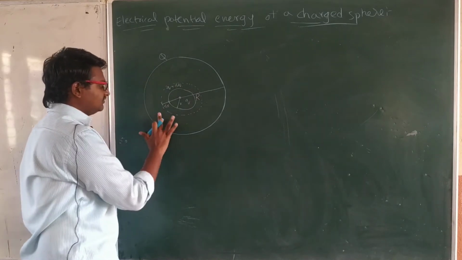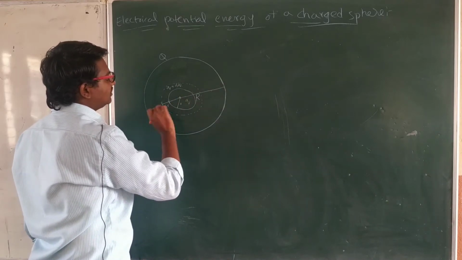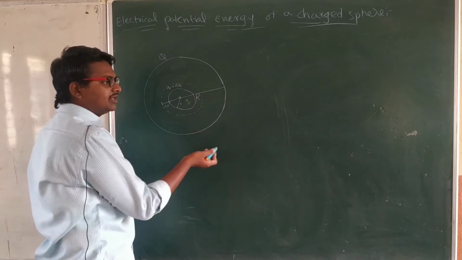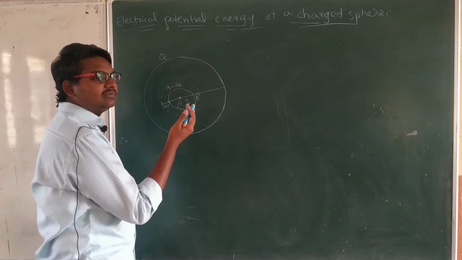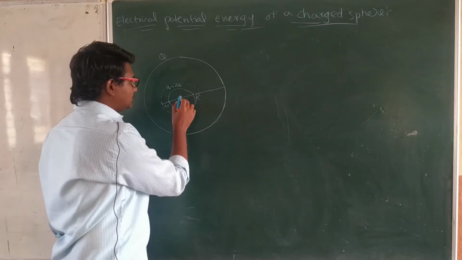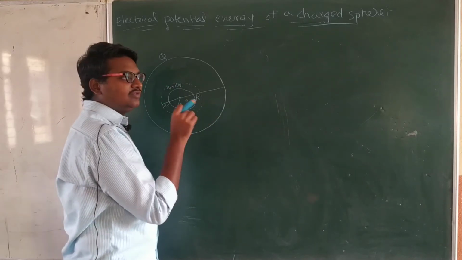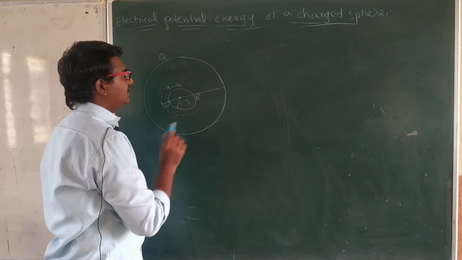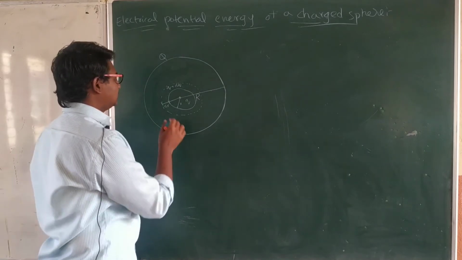Right, for finding such a thing, first of all we need to consider the total radius that has formed, capital R. From 0 to capital R it has formed. It means from 0 to a small radius, how much energy is required. If we find that, we can do some integration and find it for the whole. This method we are going to adopt to find the answer for this question.